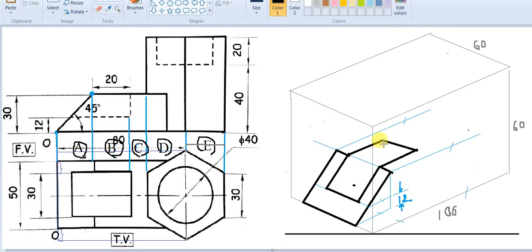I will start a vertical line starting from this point that will go down, and I will let it match with a line which will be parallel with other lines, and ultimately it will touch this particular line.